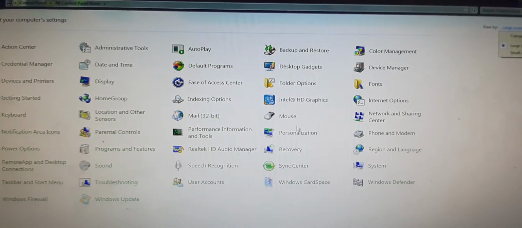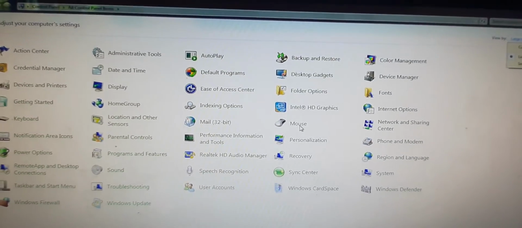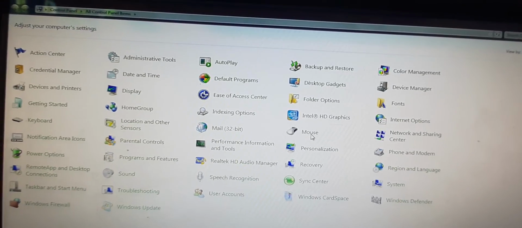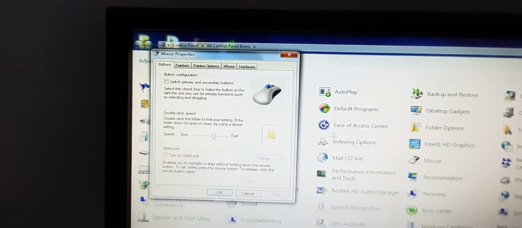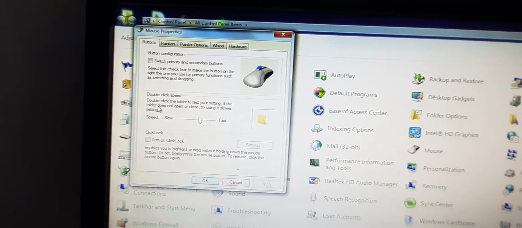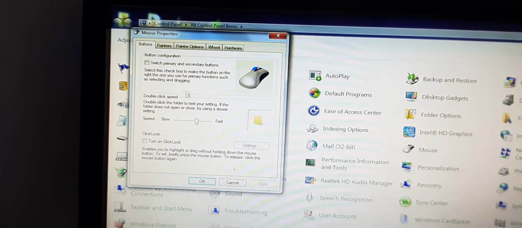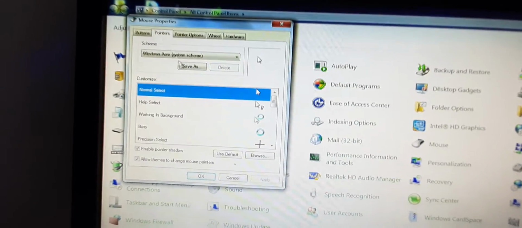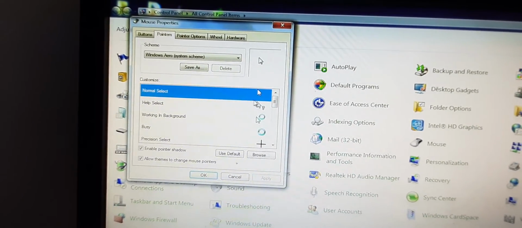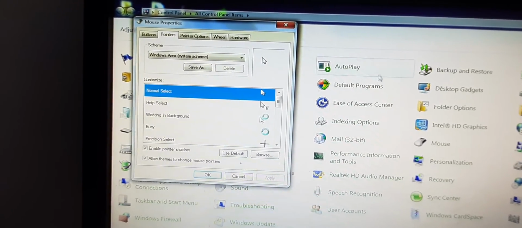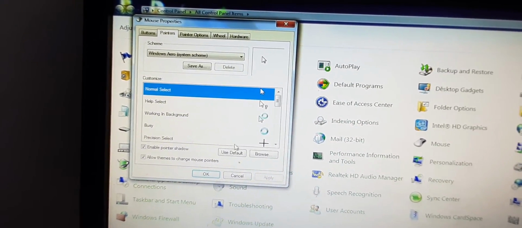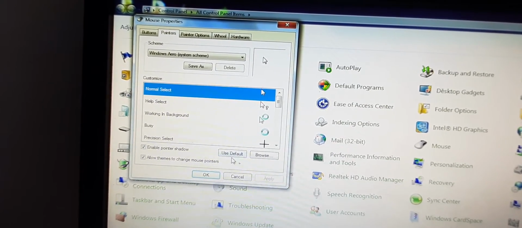Okay, so let's change the pointer of the mouse as I told you in the theoretical video also, and it's written in your book. When you will click on it, this window will appear. Okay, so these for buttons, this is for pointer. Let's see, this is normal select. Right now we have this pointer. Can you see this arrow kind of pointer which we have?